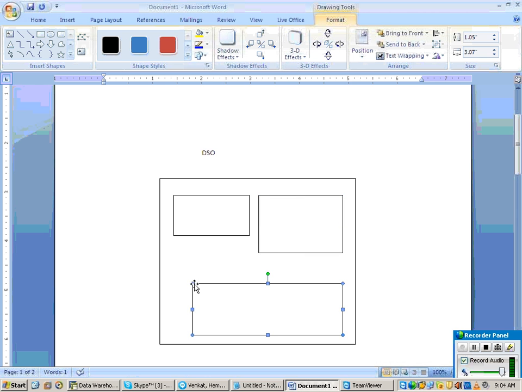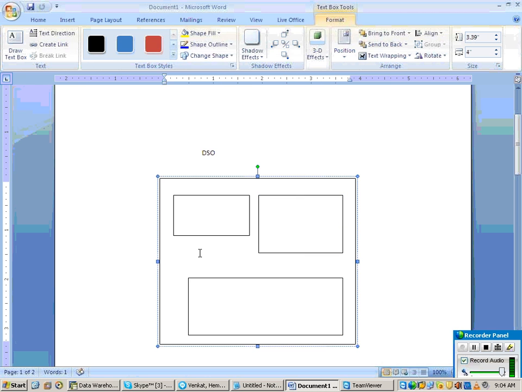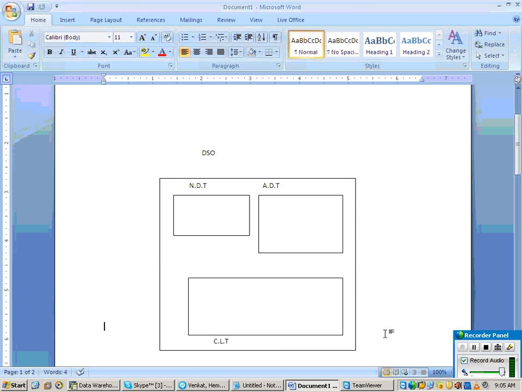So whenever we create a DSO, the system generates 3 tables by default. What are the 3 tables? New data table, active data table, and change log table. Clear? Internally in the database, it generates 3 tables by default: new, active, and change log.